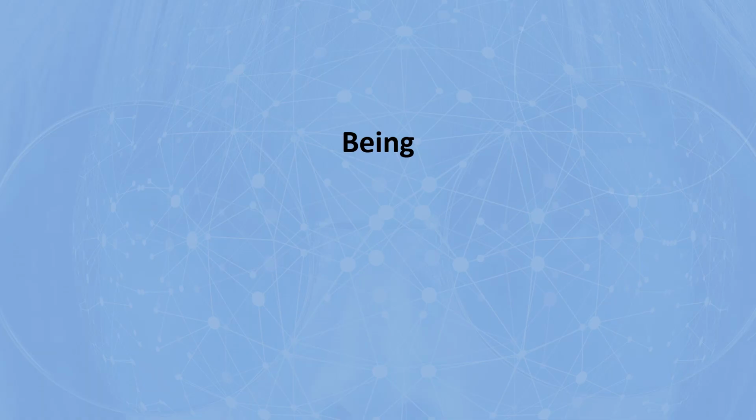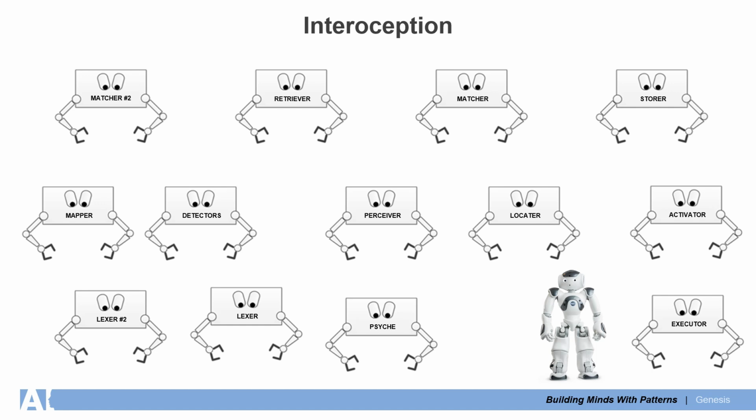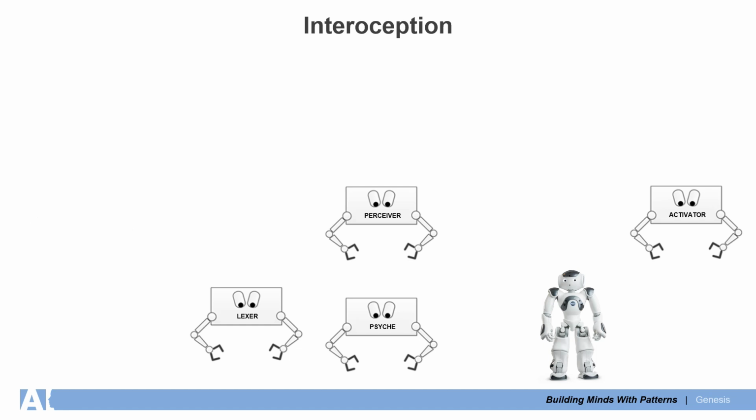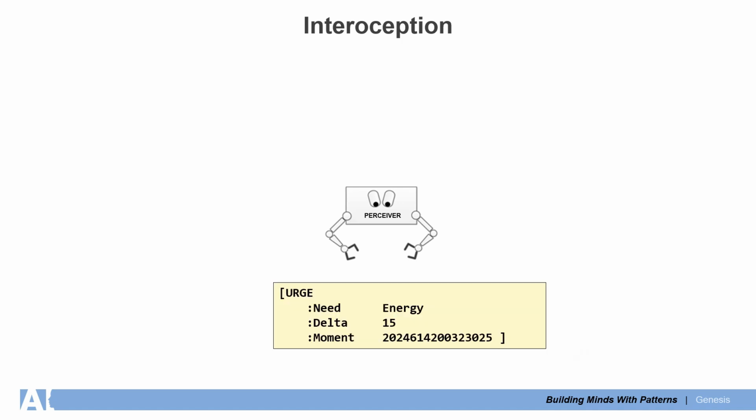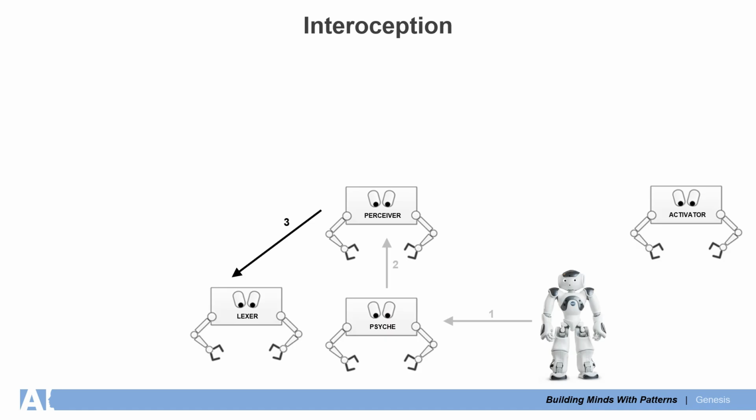Once the perceptual mechanisms are established, the orchestrations can be shown. Interoception is the process of receiving urges and emotions from the embodiment. The following mechanisms are needed for interoception. The psyche receives an interocept from the robot device and forwards that interocept to the perceiver. The perceiver sees that the interocept is an urge, the need for energy. It retrieves the reifier for that